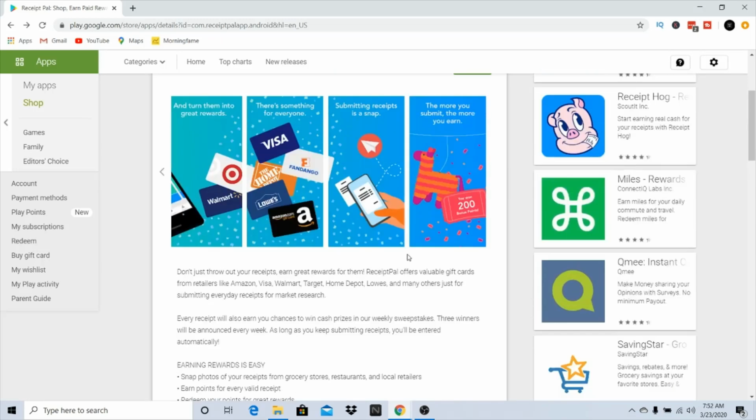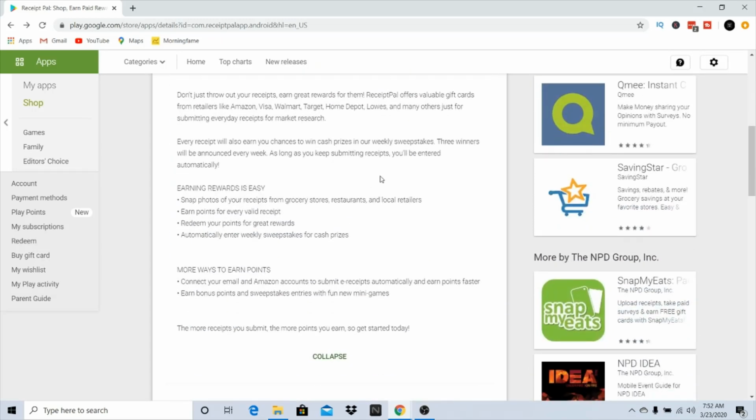And we're just gonna go ahead and read the about section now. It says, don't just throw out your receipts, earn great rewards for them. ReceiptPal offers valuable gift cards from retailers like Amazon, Visa, Walmart, Target, Home Depot, Lowe's, and many others just for submitting everyday receipts for market research. Okay, so this is another market research